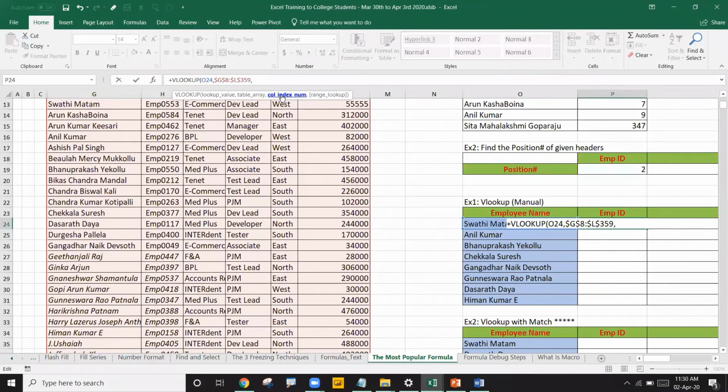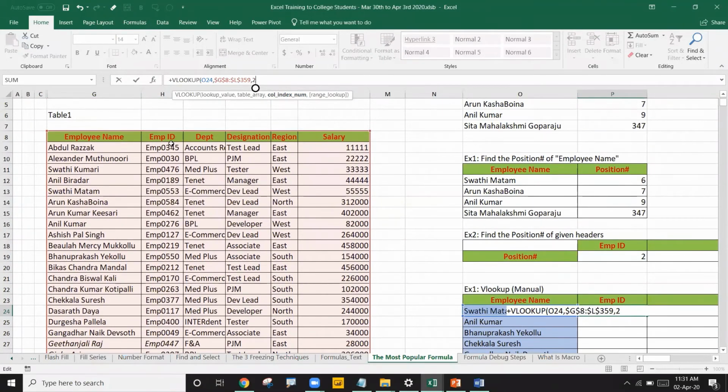The third argument is asking for the column index number. You're looking for Swati Matam, that's okay. But Swati Matam related what? Once I find Swati Matam, what do we want? We want that employee ID. For this table, the employee ID is in the second column, correct? As you require that employee ID, which is in the second column, I'll write the number 2. Is that clear?